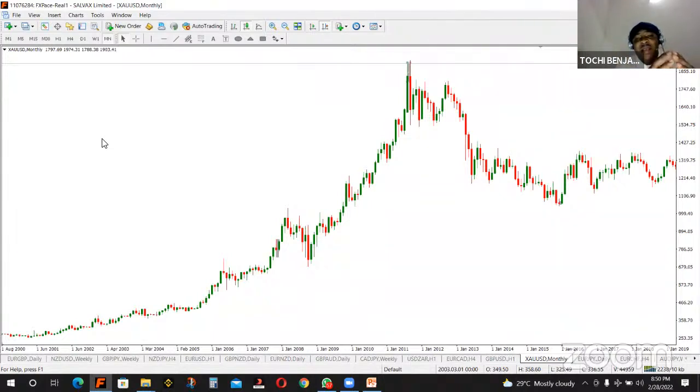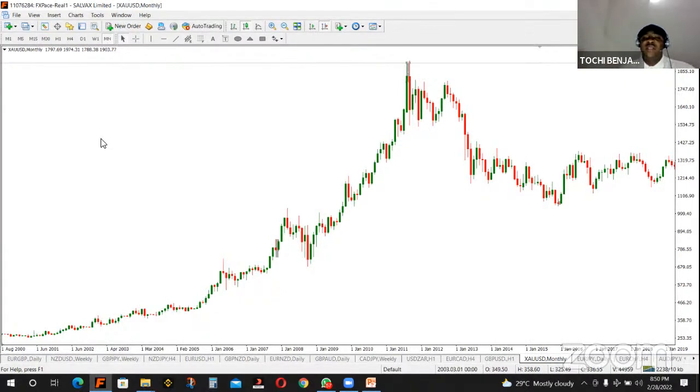It follows the price. Why? Because if it is a 5-period moving average, it takes the system only 5 candles to calculate and give you the average price. If you have another one that is higher than 5, let's say 10, that 5 will move faster than the 10. So you will hear me use the faster period moving average, which is the smaller period, and the slower period moving average, which is the bigger period. 10 is bigger than 5, 20 is bigger than 10, 50 is bigger than 20, 100 is bigger than 50, 200 is bigger than 100.